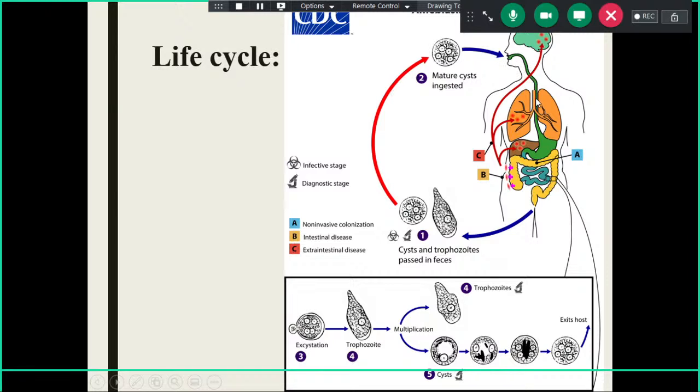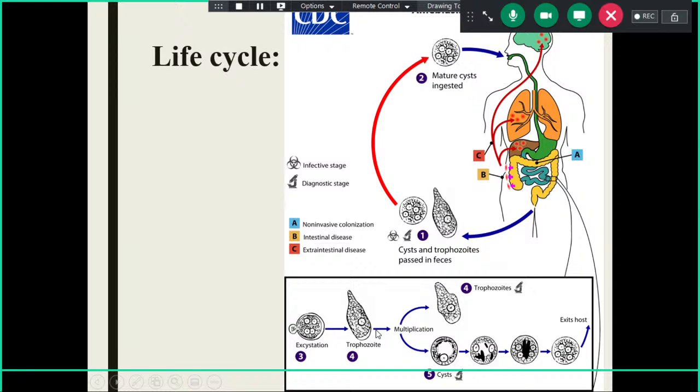which reaches the mouth, and from the mouth it goes to the stomach. It survives the gastric juice or the acidic pH of the stomach, and it goes to the intestine, first the small intestine, then the large intestine. When it reaches the large intestine and it reaches the appropriate pH, then the excystation occurs. Excystation, what does it mean? The cyst will rupture into a growing and feeding trophozoite. Okay, this trophozoite will come out.